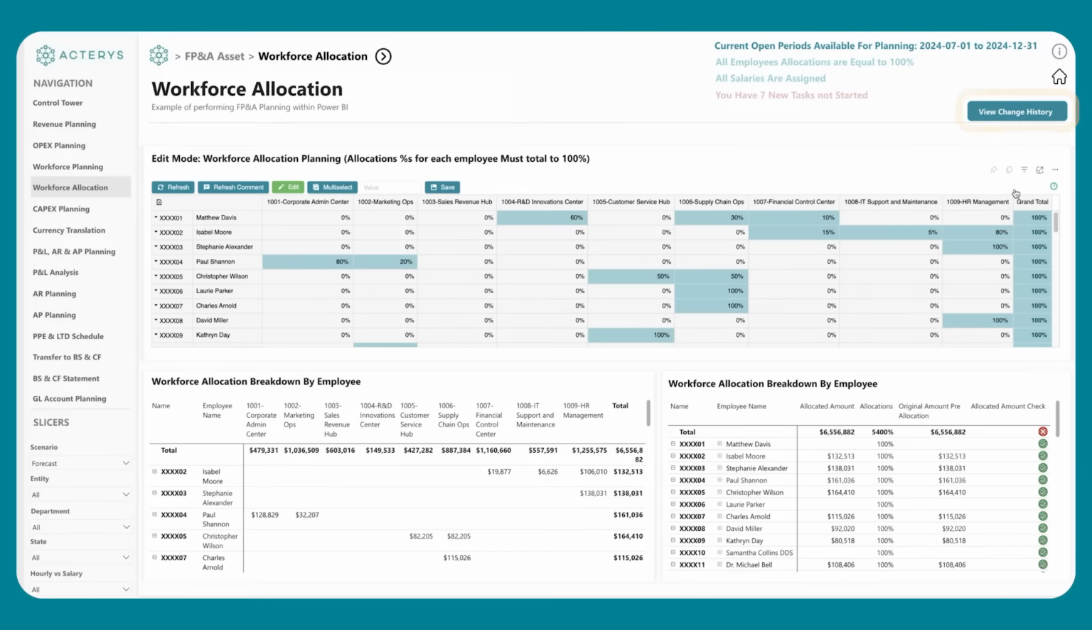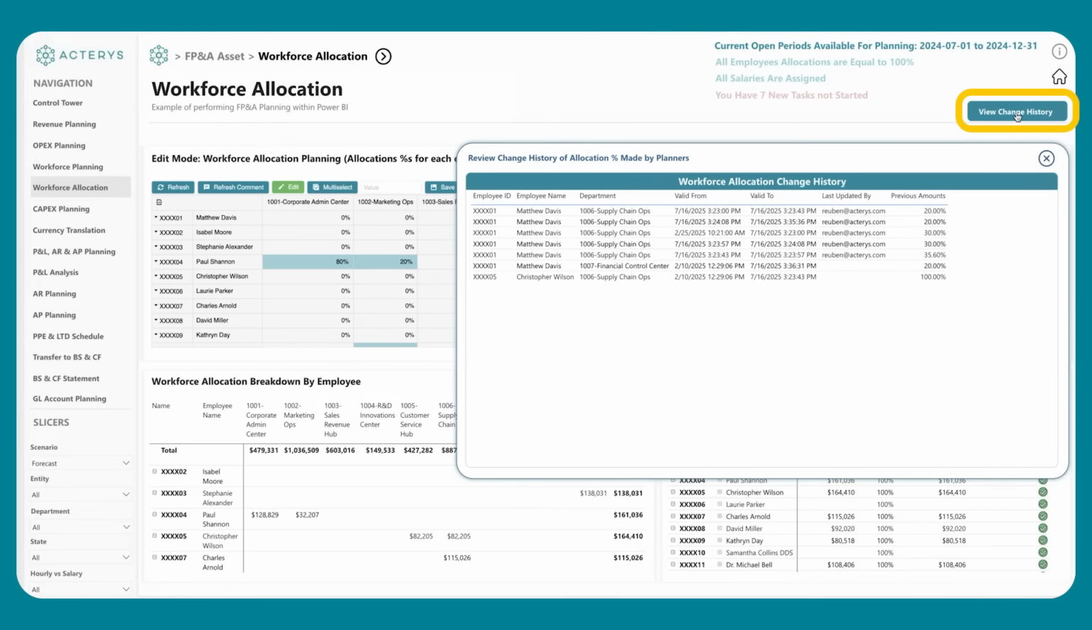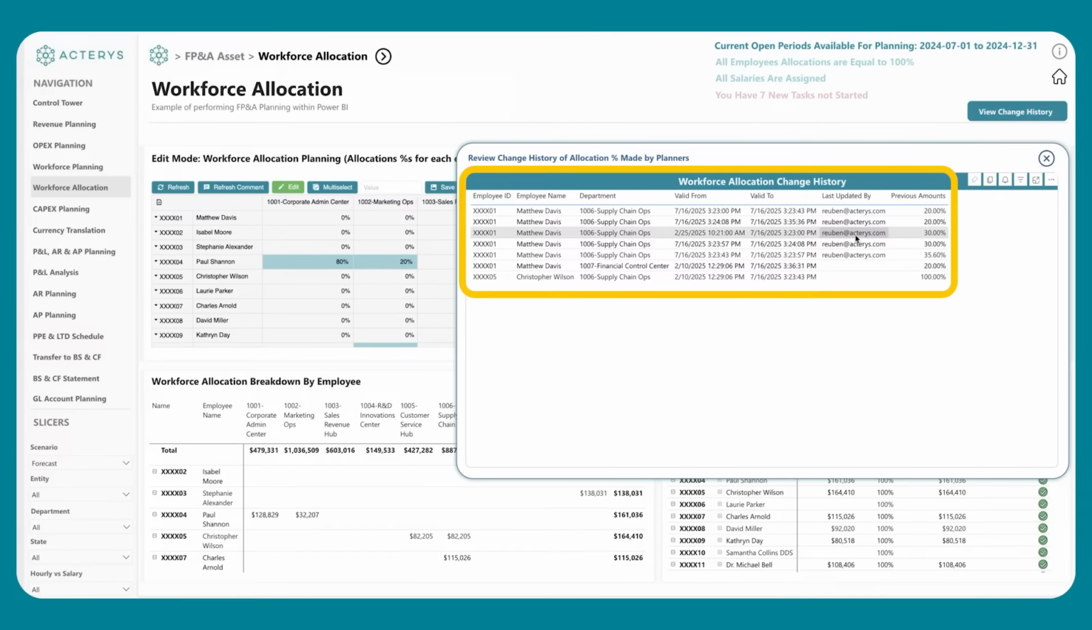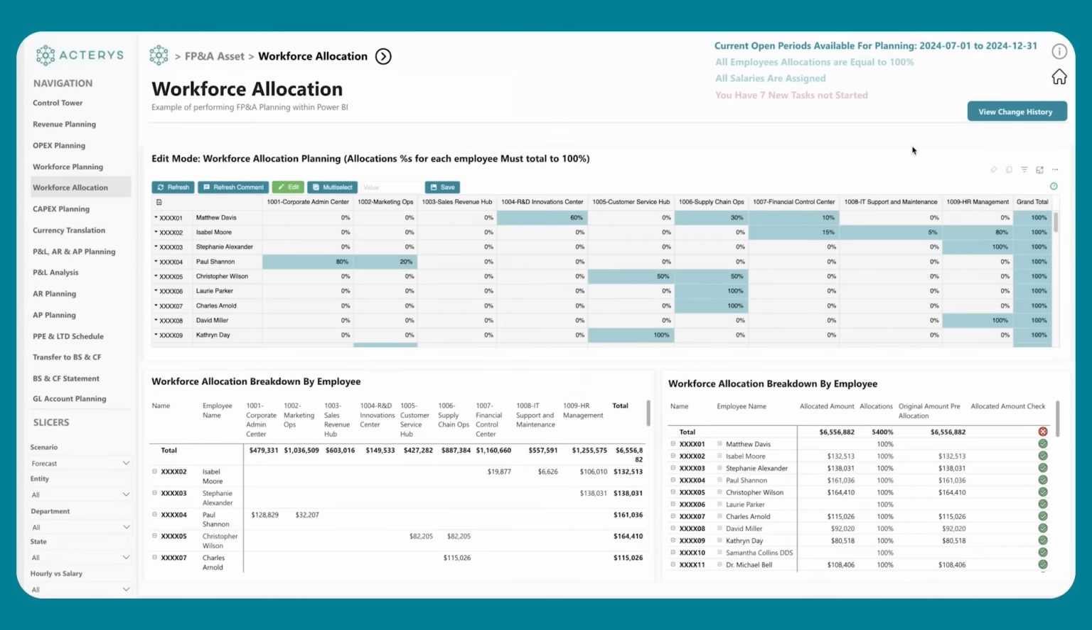Importantly, this has changed the database. In this report, I can actually click the View Change History button. I can come in here and I can see all the changes that have been made by me to this data structure. Again, every change that's made in Acterys is logged. This view is just showing the summary here. It makes it very easy to look at the database and understand where changes have occurred and gives you full